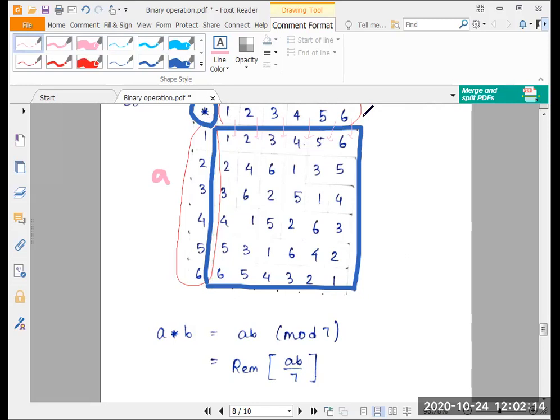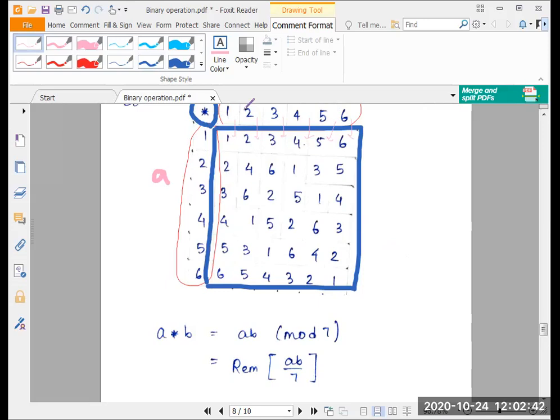That same logic can be used to find the first column as well. So in this portion, it was 1 times 1, 1 times 2, 1 times 3, 1 times 4, 1 times 5, 1 times 6. In this column, it will be 1 times 1, 2 times 1, 3 times 1, 4 times 1, 5 times 1, 6 times 1. Again, all these product numbers, here essentially you can use the fact that the multiplicative operation is a binary operation in the set of rational numbers, and 1, 2, 3, 4, 5, 6 obviously are in the set of rational numbers.